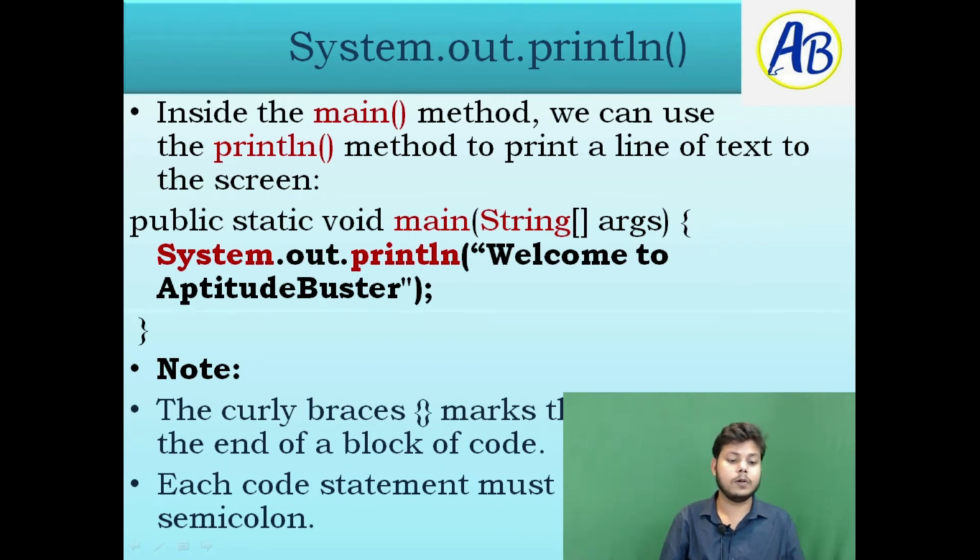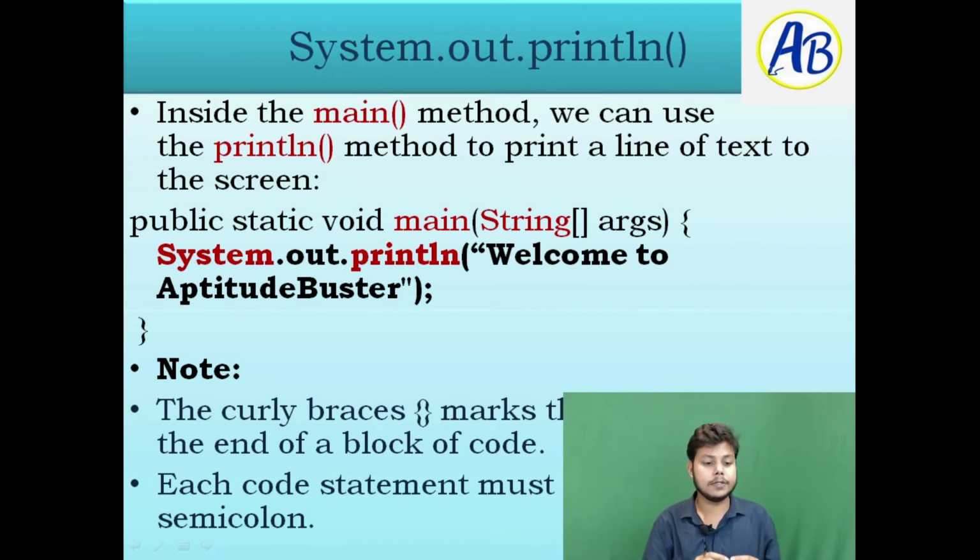Now the note here is that curly braces mark the beginning and the end of a block of code. If you can see at public static void, when we have one function, at the start we have one curly brace and at the end we have another curly brace. Whenever we start any function or class, we must start with a curly brace, and it should end after that class ends. One closing curly bracket will close the whole class or function.